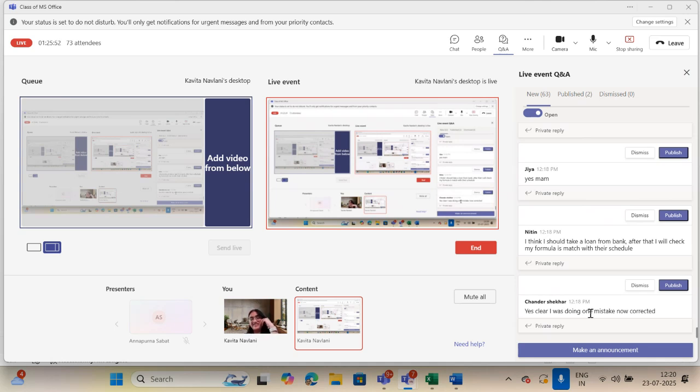Nitin, for checking purposes, you have to take the loan? Okay, no issue. Actually, it's not like that. You can check it on an online amortization chart, there is one for everything. Don't take the loan from the bank. Just go to the bank and inquire about the loan, and ask for the loan amortization chart. They will provide you the chart, and after doing your own calculation, just check it. That's it, Nitin.